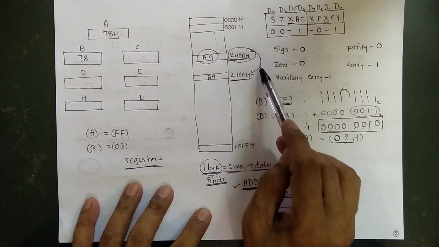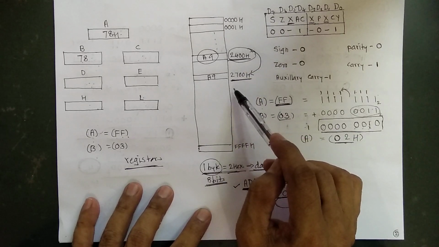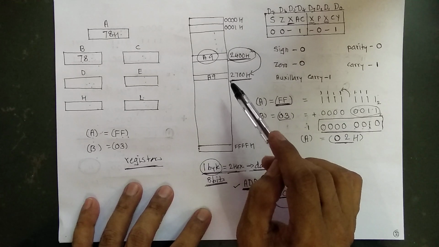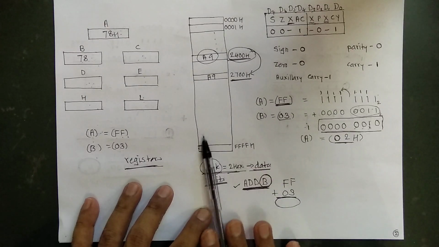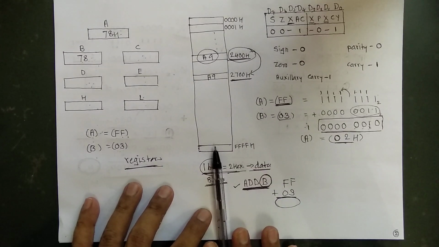In the next lecture, we are going to study different types of instructions. The instructions are divided into different groups. The first group is called the logical group. The logical group has 13 instructions, and I will explain those 13 instructions one by one in detail, taking one example for each instruction.